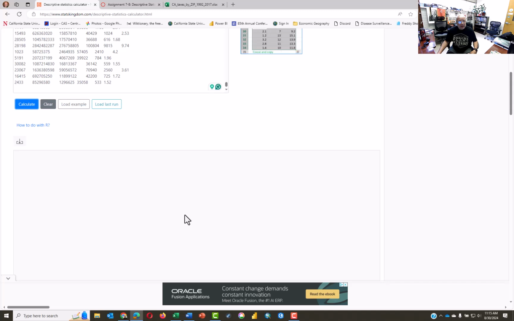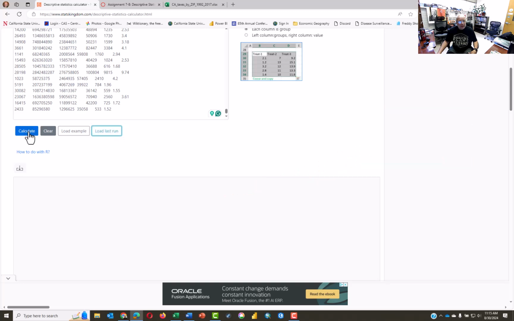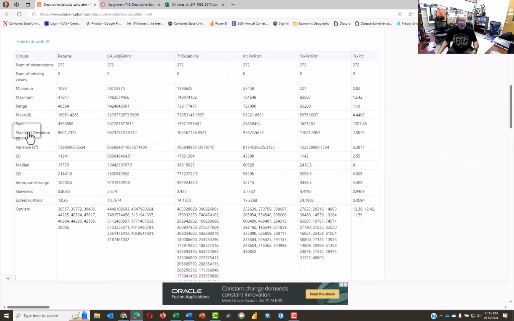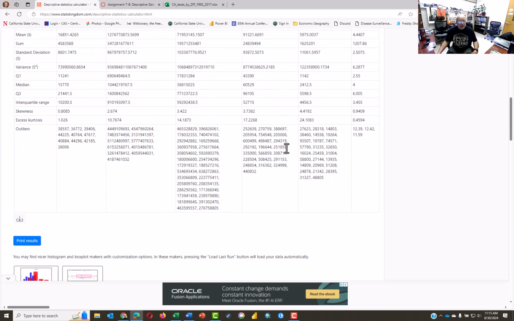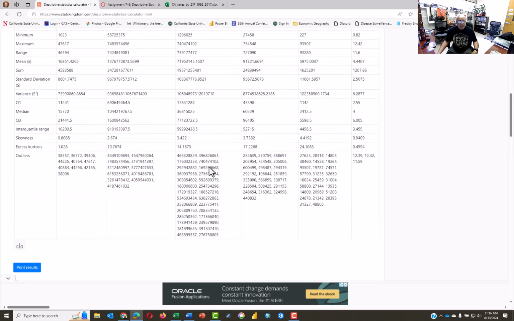And as I sort of expected, there is a blank readout. If that happens, click Load Last Run, and then click Calculate once again. And just like that, the descriptive statistics for each of the columns have appeared, with a variety of outcomes. You may choose at this point to print the results if you want, or